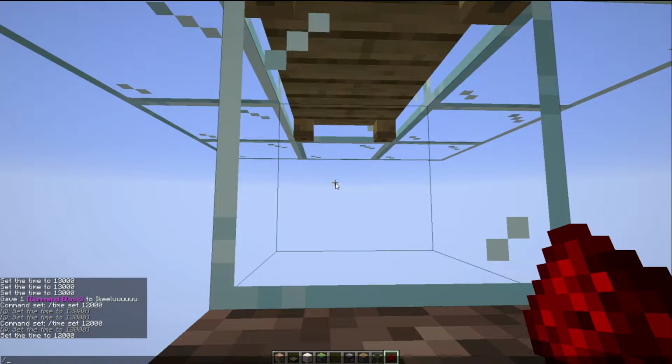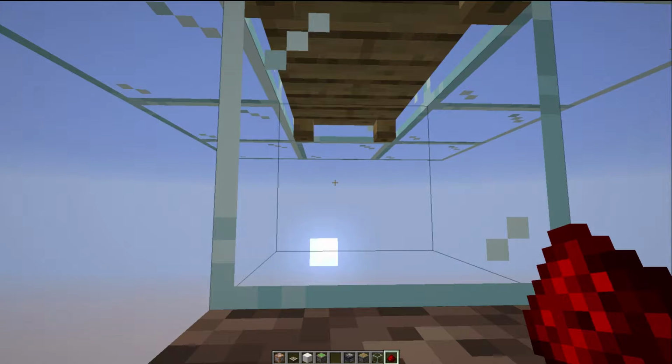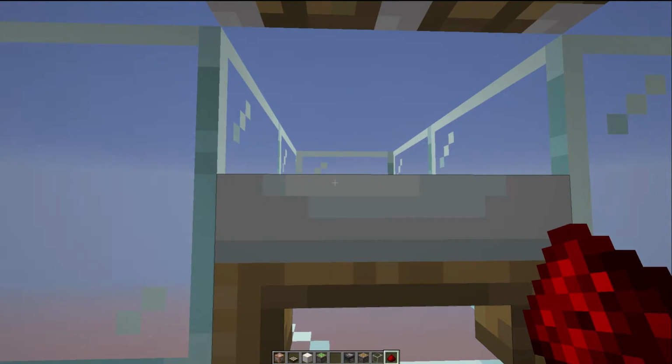So if we hit time set, and we're going to go ahead and go with 12,000. That's about the time dark starts settling in. And as we see the moon rising here, in just a second, the piston that's actually forcing us into the swimming animation will allow us to pop up, and we are right clicking. I think I bumped my cursor up just a little bit, so I'm going to fix that before we pop up. But we are right clicking on the bed,